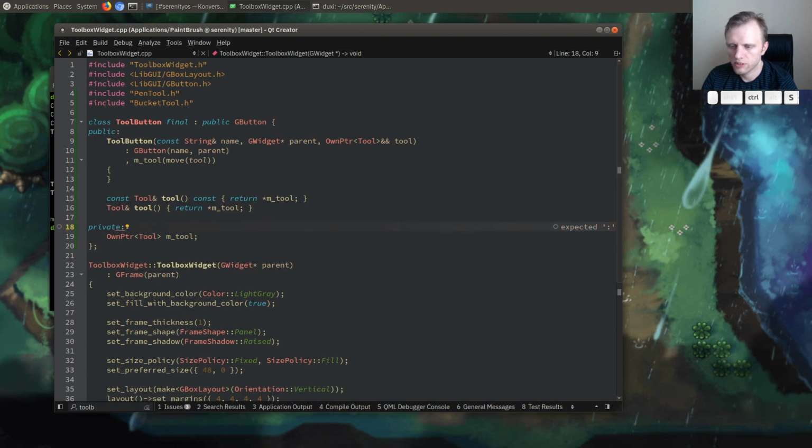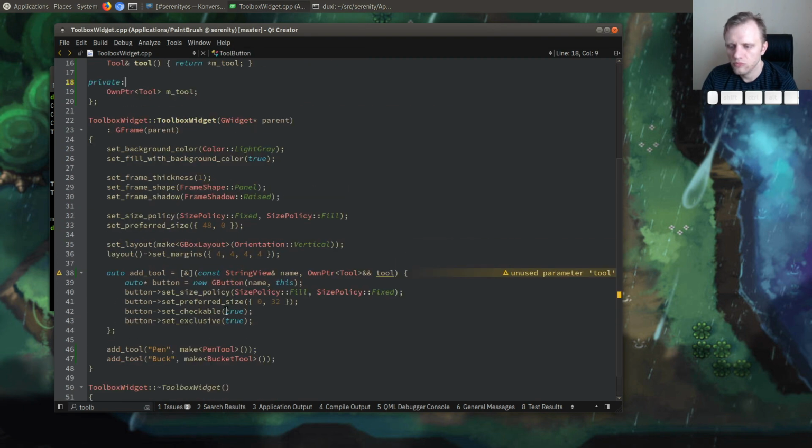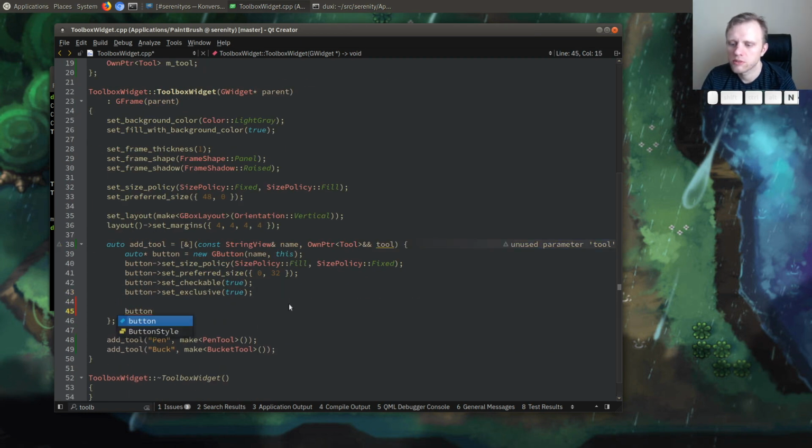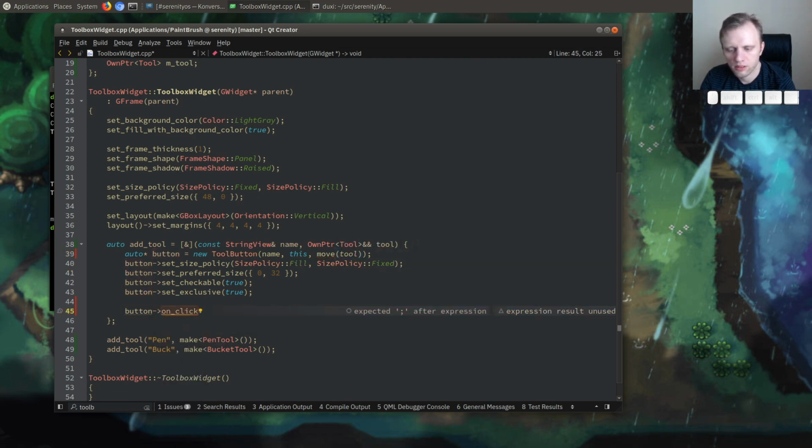I forgot a colon here. Okay, and then we can do something like, first off, we should actually instantiate these guys. So I'll say move tool, and then on click, we are going to do,